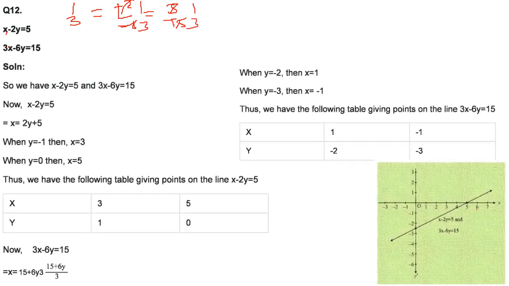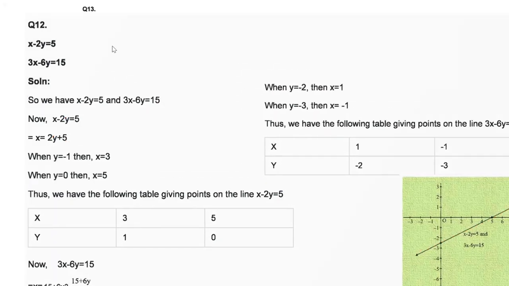So same is here, a1 by a2 is 1 by 3, b1 by b2 is minus 2 by minus 6, and c1 by c2 is 5 by 15. So this is 1 by 3, this is also 1 by 3, 2 3s are 6, 5 3s are 15. Exactly similar, two lines similar, only we will have one line. So you can make one line out of it, like you can just say x equal to 2y plus 5, and for y you can put some value, you could get some different value, you just have to check. So this is a solution for you, and there will be only one line.